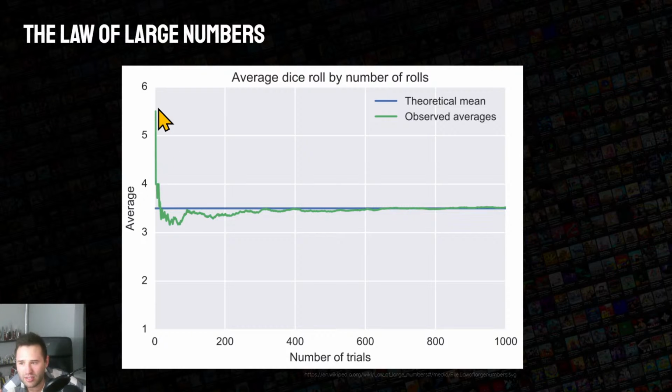If you only roll it once, there's a zero chance you'll get 3.5, but even twice, you could skew all the way up to like 5.5. What would it be, if you got a 6 in one, and then I guess a 4 or a 5 in the other, you get a 5.5. It actually shows it there. That's the biggest skew you can get, which is almost like an 80% margin of error.